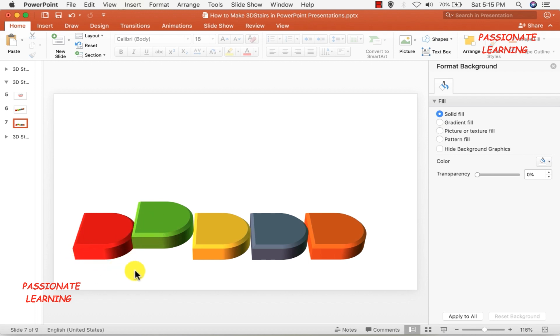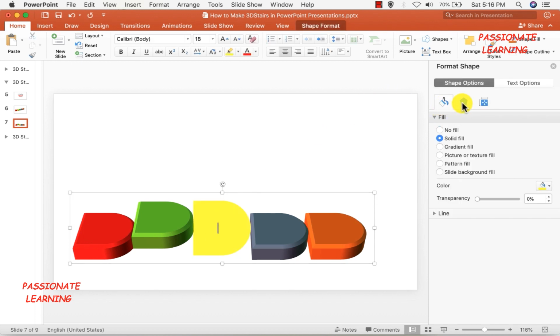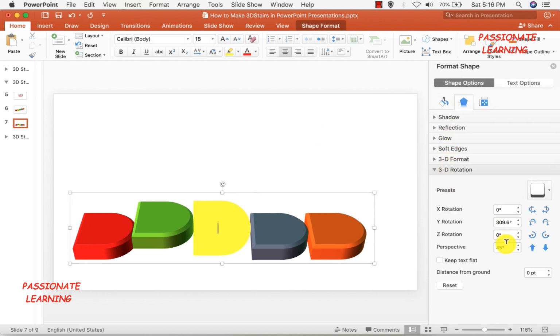If we take this particular line as the base for all of these 5 elements, then the first element needs to be 30 points above. Second element, it needs to be 60 points above from the base, that is 30 points for this and 30 points for its individual height. So let me select this third element now, come over here to the 3D rotation option and mention 60 points as the height.